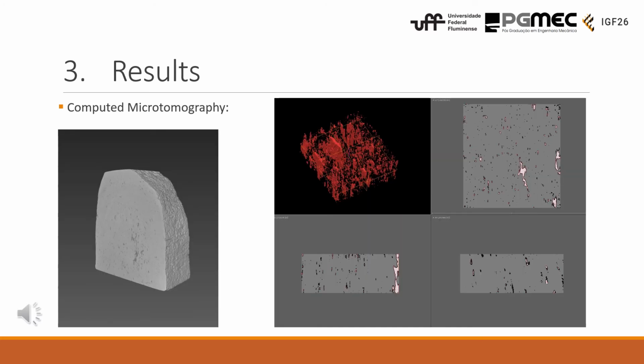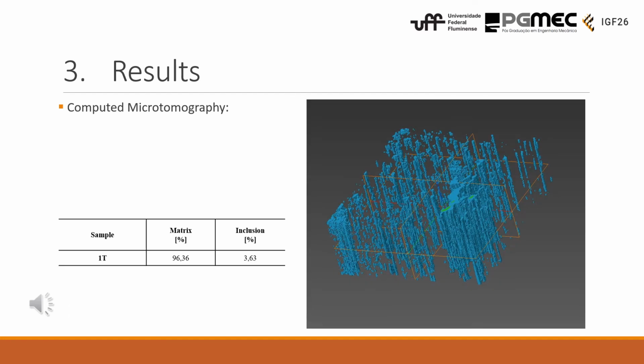The last analysis was the computed microtomography. So here on the left image, we can see the 3D body of the analyzed sample made by the software using the data provided by the equipment. And on the right image, we can see the inclusion distribution inside the sample and some 2D images. In this analysis, we obtained a value of 3.63% of inclusions inside the material. And again, we can see that their distribution is not homogeneous. Also in this analysis, we needed to cut the edges of the samples on the images to avoid errors